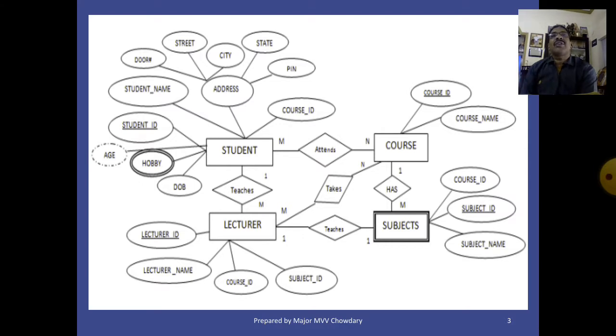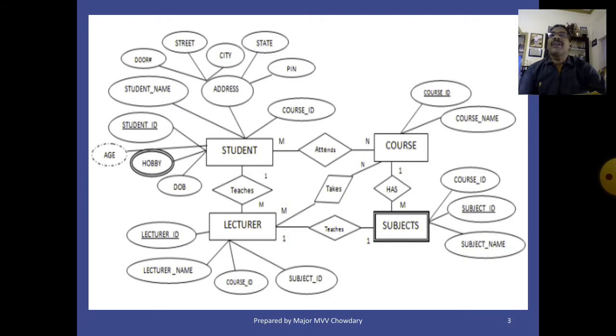Regular entities are represented by rectangles with a single line. A regular entity type in an ER diagram is transformed into a relation. The name given to the relation is generally the same as the entity type.